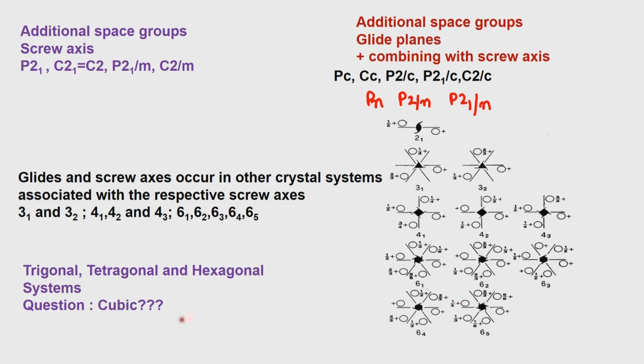Now, as I said in the last part a few minutes ago, we have to see what happens with a cubic system. I already gave a hint that it could be along the 3-fold direction. So, we could have the cubic symmetry, but then I was discussing the hierarchy of operations. The hierarchy of operations comes in such a way that we talk about the nature of the lattice first, and then we talk about the presence of the screw axis and the glide planes.